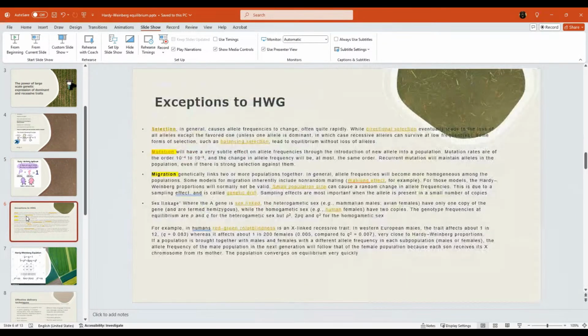On exceptions. What happens? Why, if this rule has so many exceptions, why is this rule useful? Well, both of these men were physicists, not biologists, which is surprising that they wrote an equation that applies to biology. But if you remember Newton's first law of motion, right? An object at rest will remain at rest unless acted upon by an external force. First law, second law, an object in motion will remain in motion unless acted upon by an external force. That's Newton's law of motion. Well, this equation, Hardy-Weinberg, is a biological equivalent to Newton's first law.